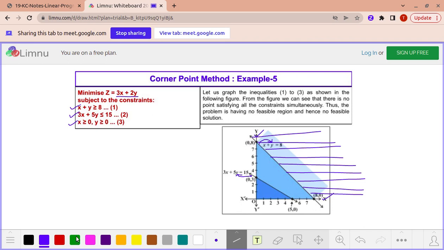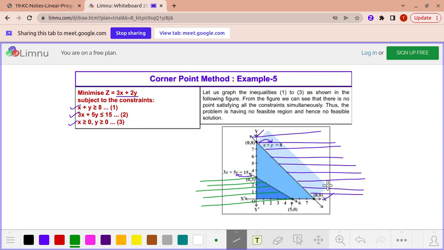So let me mark into the green color. 3x plus 5y equal to 15 is this straight line, and it is less than or equal to 15, so we will consider all the left hand side of this straight line, 3x plus 5y equal to 15. Now next is that x greater than or equal to 0, y greater than or equal to 0, that means the region